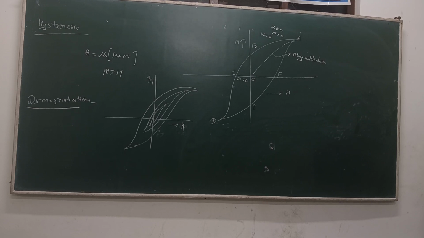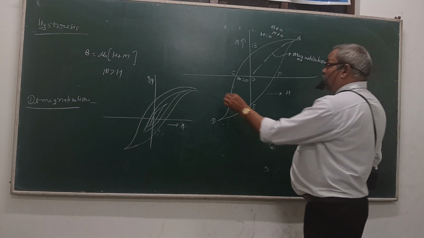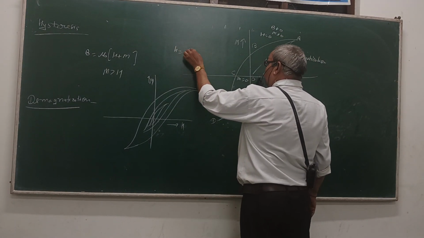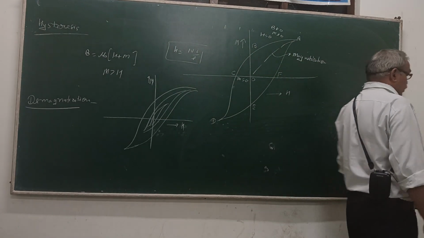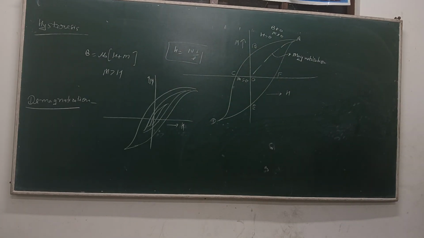A secondary coil S of a few turns is wound over the solenoid and connected in series with a ballistic galvanometer with a variable resistance R2. The primary and secondary coils are wound on the ring. The magnetizing field H is equal to N1 I upon L. H is equal to N1 I upon L के साथ, और हम इसे एन आई भी कह सकते हैं।